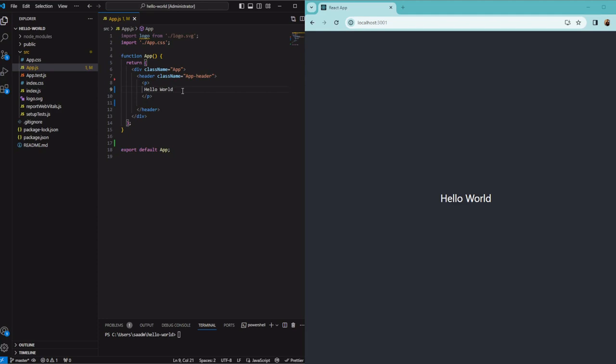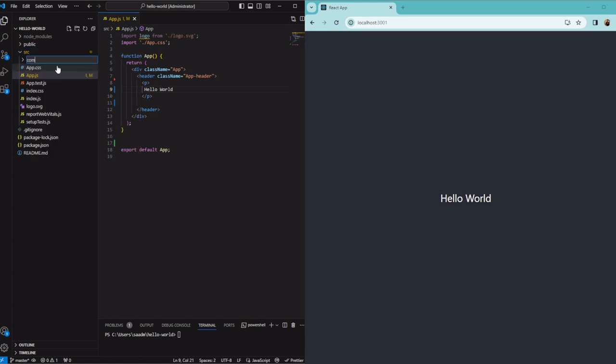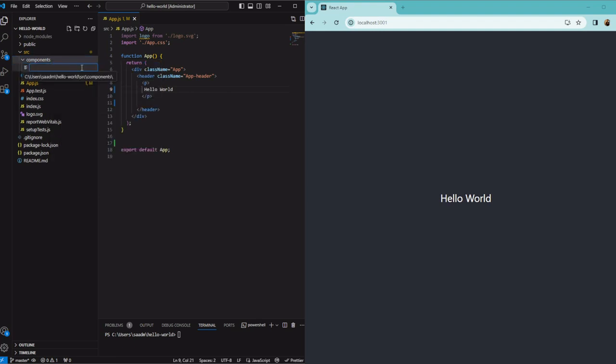One very cool feature of React is components, and these are pieces of code that you define once, then you can use them multiple times in your app without having to rewrite the code. So to create our first component, we're gonna add another folder here. I will call it components. Then inside of that, I will add my first file for my first component,